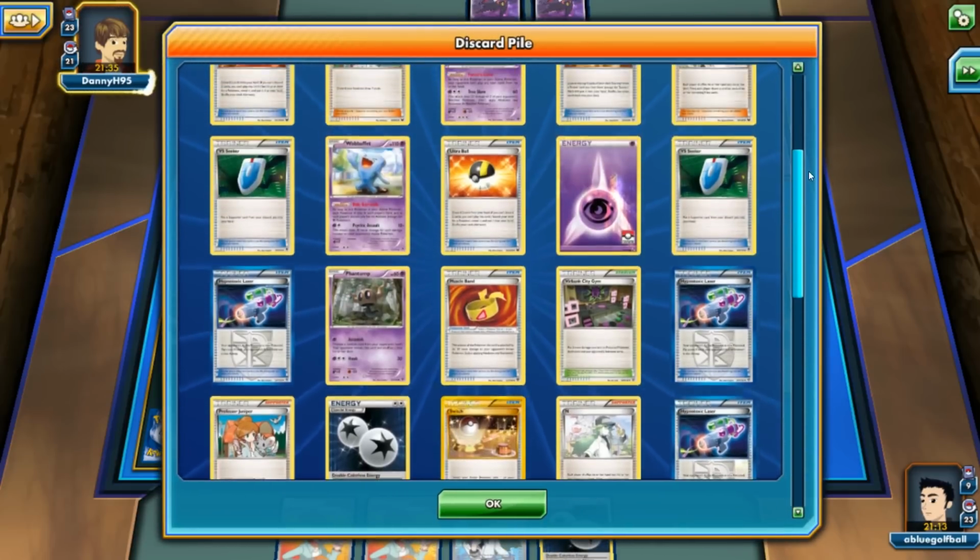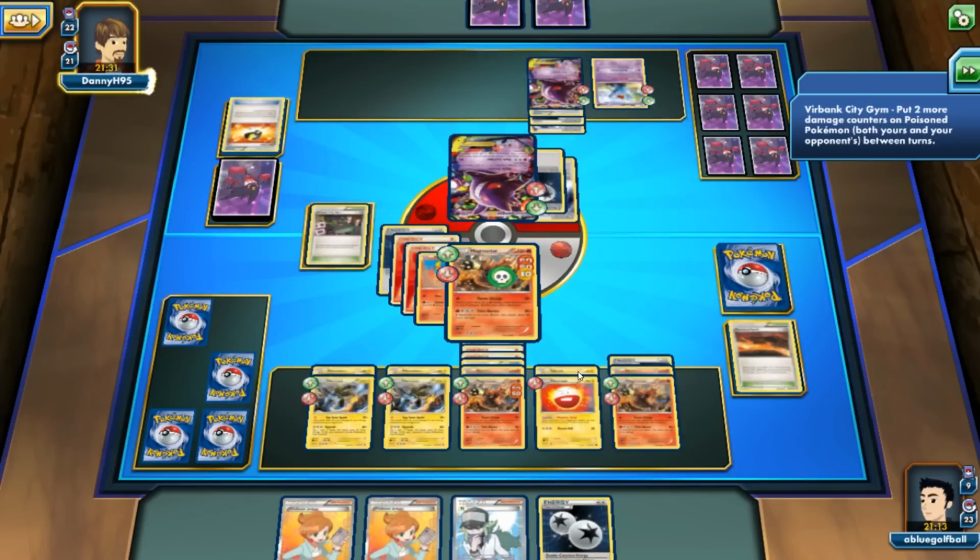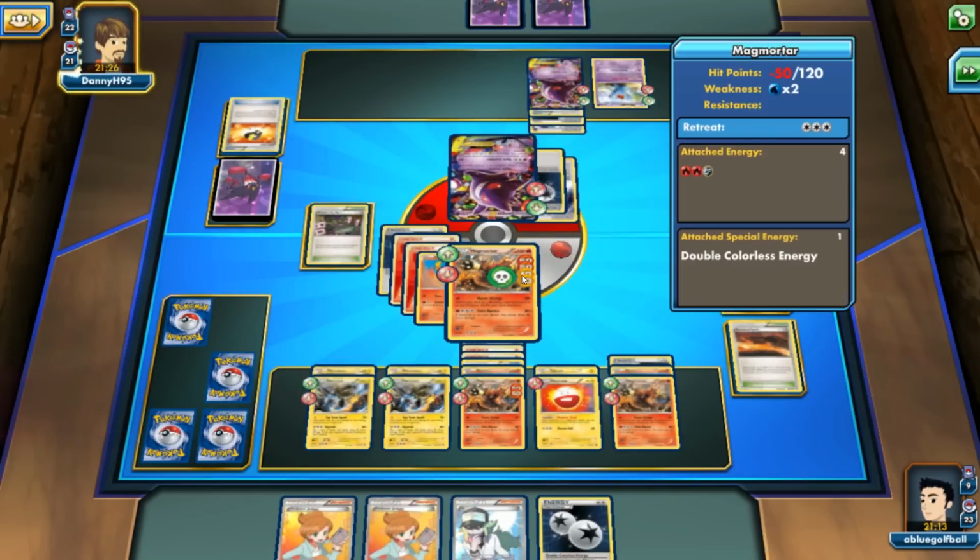Let's see, 1, 2, 3. Oh, no, maybe my opponent has one more. And here comes a Wobbuffet again. So my opponent's preventing us from playing...